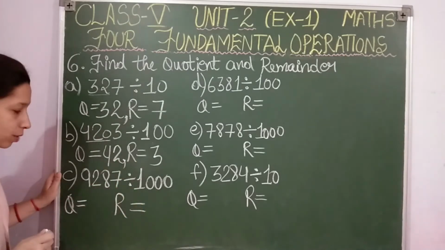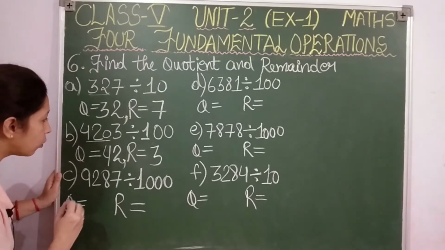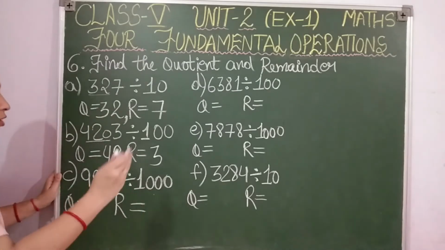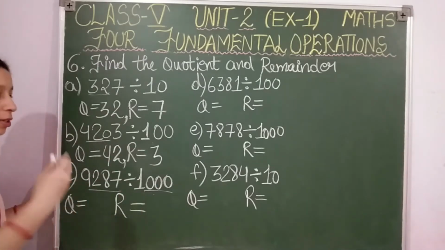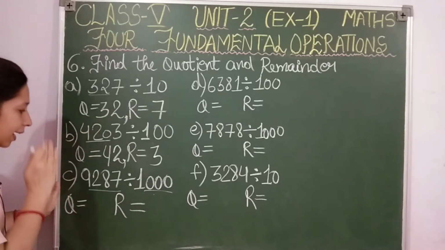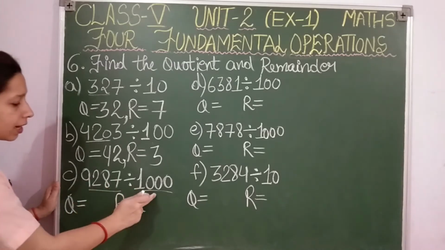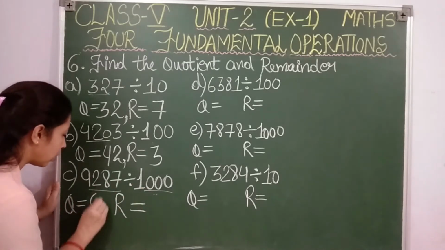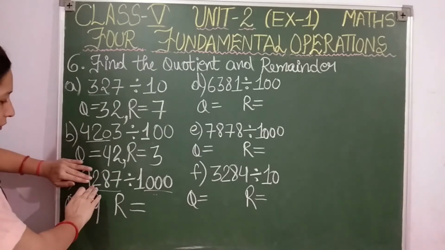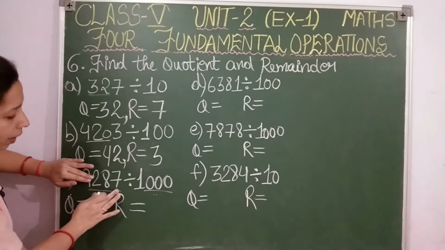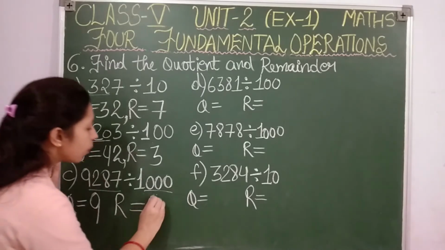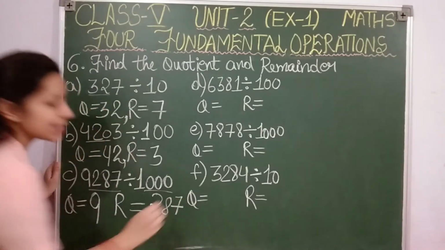9287 divided by 1000. Now see, students, what we are going to do here. Here, how many times can you take out 1000 from this 9287? 4 digit number, 4 digit number. So directly we can calculate. In the thousands table, we will get 9 times as 9000, isn't it? 1000 nines are 9000. So quotient will be 9. Now 9287 minus 9000. This will leave 287. As it is a 3 digit number, it is impossible for us to divide it by 4 digit numbers, isn't it? So this will be our remainder, students, 287.